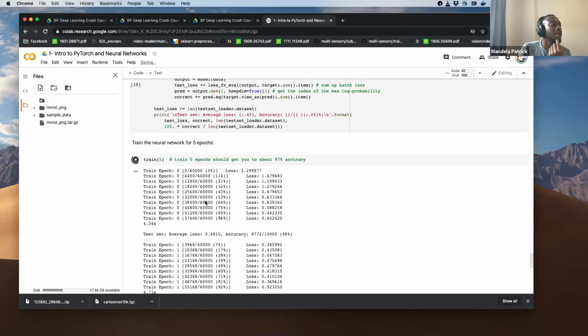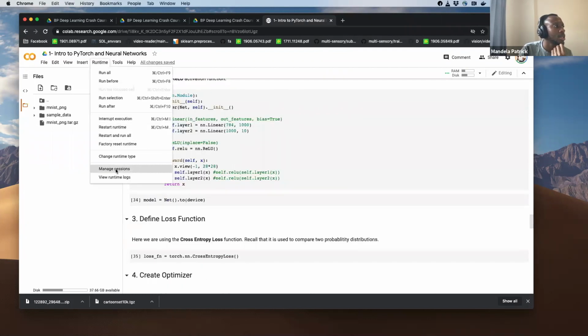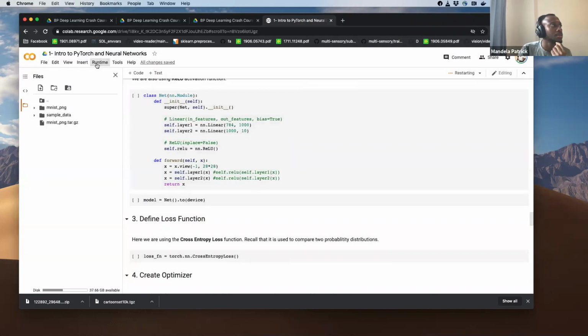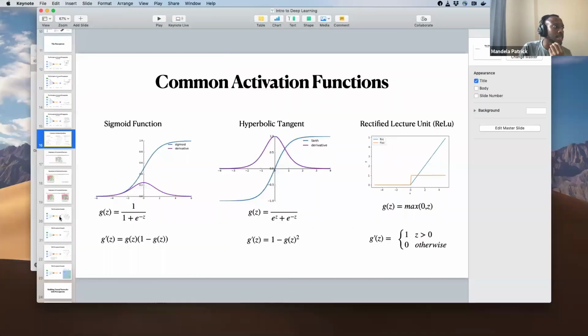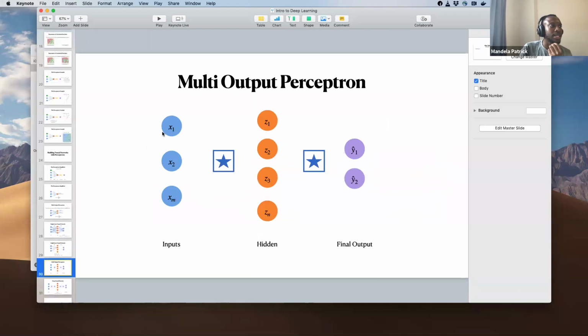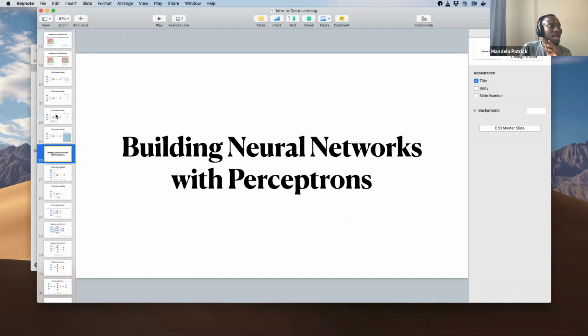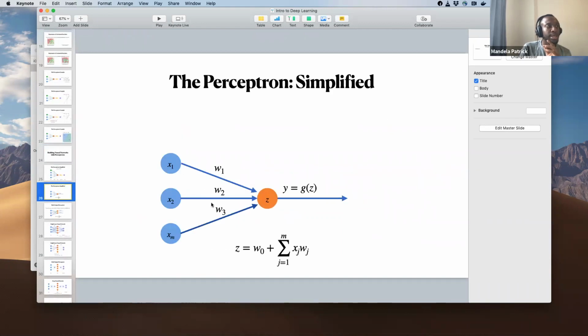Oh, the model parameters have already been trained. Let me restart runtime. While that is training, the type of neural network I use is what we call a multi-layer perceptron. It's a bunch of these perceptron units stacked together. As we're looking at here, we have 728, then 1,000, and then 10. All of these are little perceptron units, which take some input, weight the input, and apply nonlinearity to give you the output.